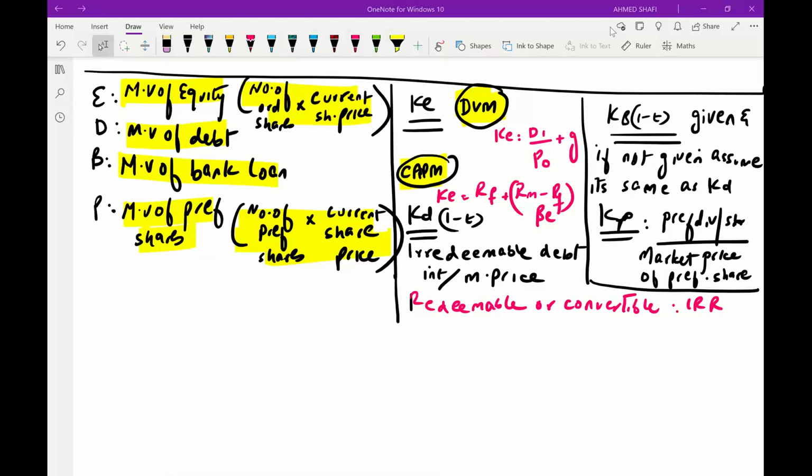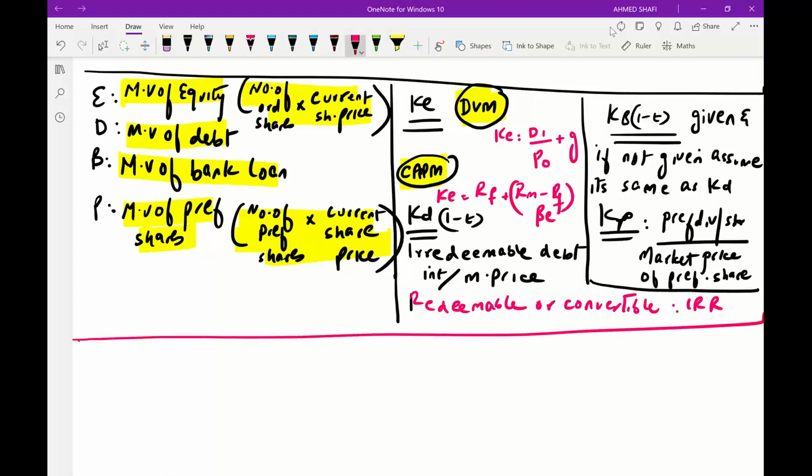Okay, so let's just wrap it up via a quick summary and explanation of these terms so that we can immediately move to the question. I told you that when question asks you to find WACC, remember it is asking you to find cost of capital. If anyone asks you what is the cost of capital, you must ask them, please tell me how many sources you are financed from, then only I can tell cost. So the first step is whenever question asks you to find WACC, look at the balance sheet to see from how many sources company has raised finance and make